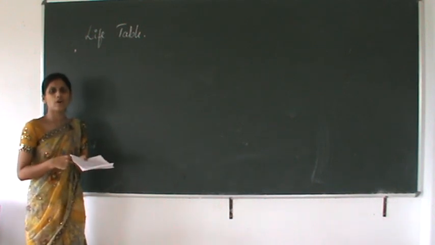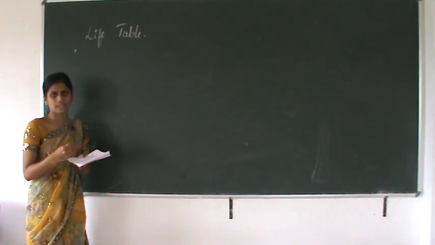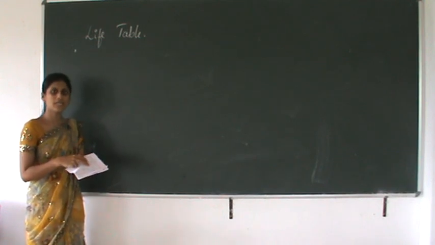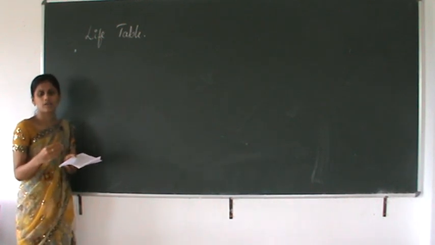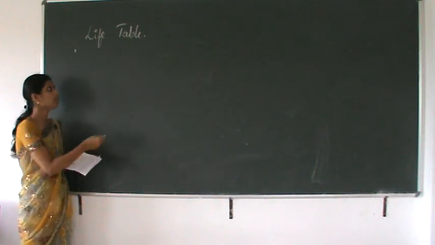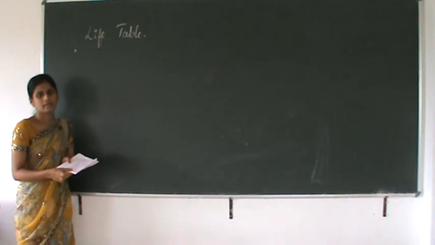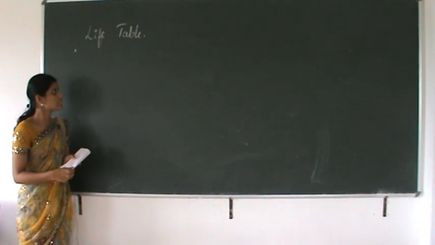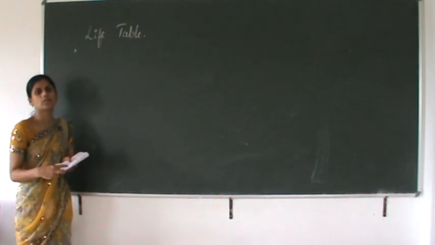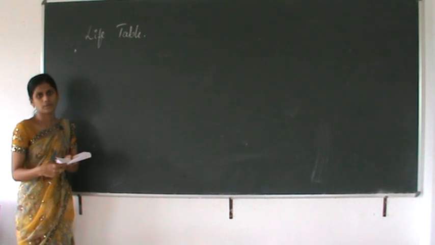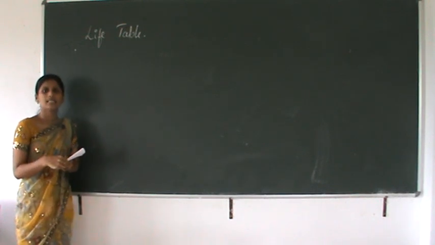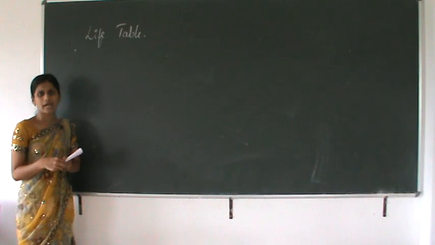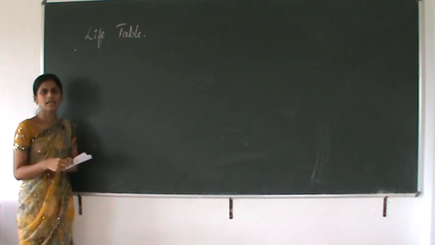Secondly, it is used for measurement of growth of population in the computation of net reproduction rate. While calculating the net reproduction rate, if you want to ascertain the rate of growth of population, we use this life table. Thirdly, we use this life table to ascertain the future population. If you want to estimate or forecast the future population, you can use this life table. And next, it is used by government as well as private organizations for planning, education,